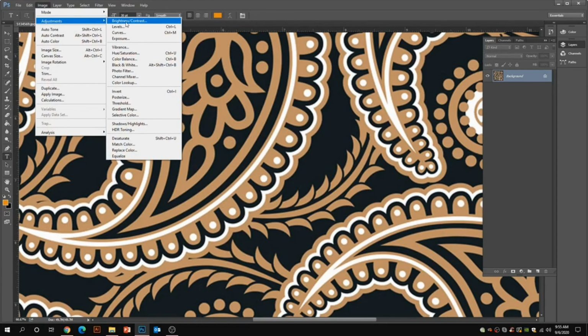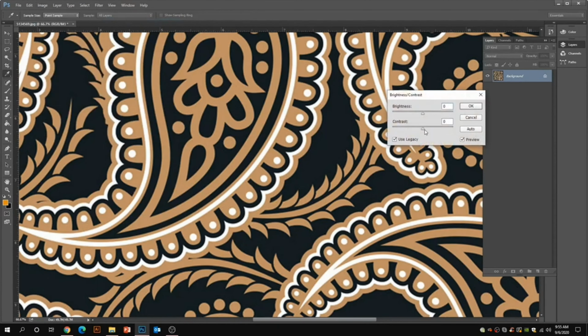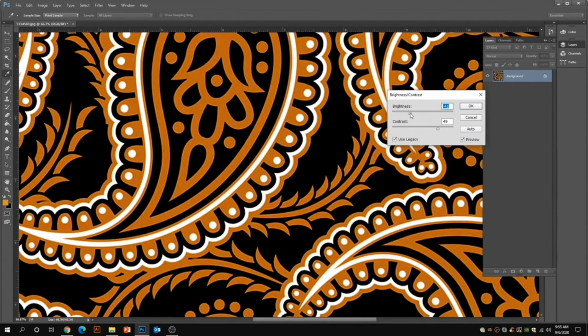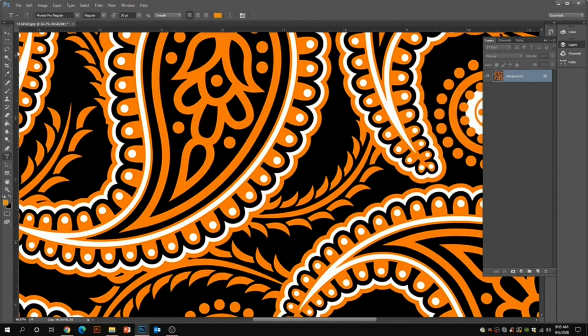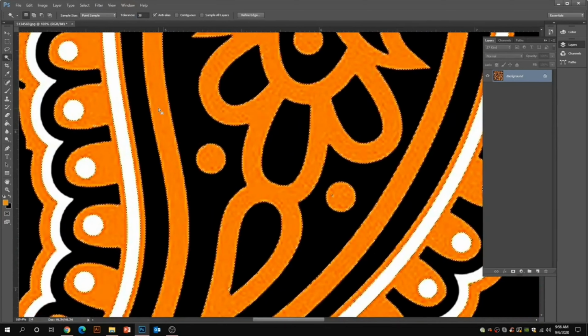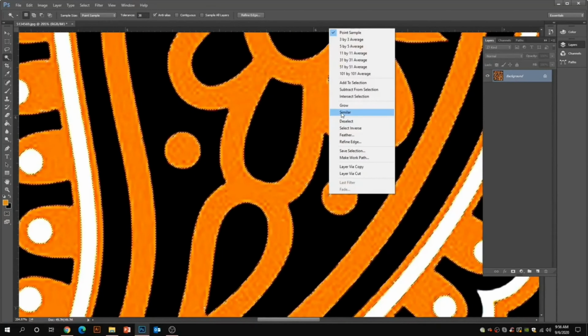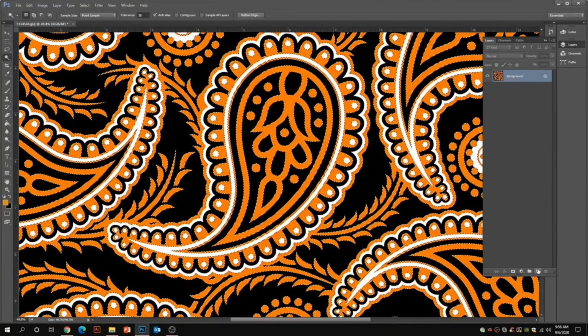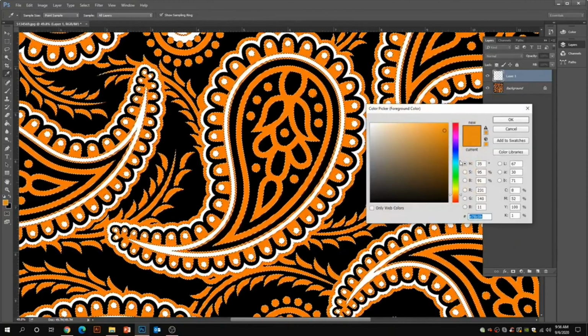So now the point is how to extract that layer. For that I'm increasing the contrast and brightness so that it will be easy and feasible to pick up the layer of color. For picking up the layer color, I am using the magic wand tool, keeping the tolerance at 30 and anti-alias on, and let me click once and see how the pixels get selected. If you see closely, there are small dots which are left. For that I just have to click Similar, and once I have done that, I can see that all the small dots have been covered by the selection.